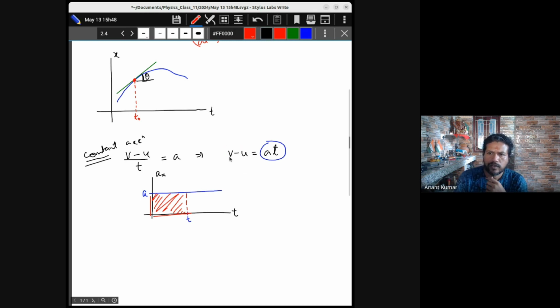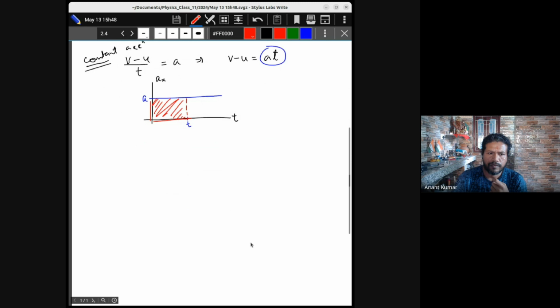In fact, जो velocity में increase हुआ है, change हुआ है, उसको find out करने के लिए हम लोग area निकाल सकते हैं under the graph for the acceleration versus time. At least ये तब तो definitely valid है जब acceleration constant है, right? However, as it turns out, this is in general always valid, meaning कि अगर हम acceleration versus time graph के under का area find out करते हैं किसी भी time interval में, then that area will actually give us the